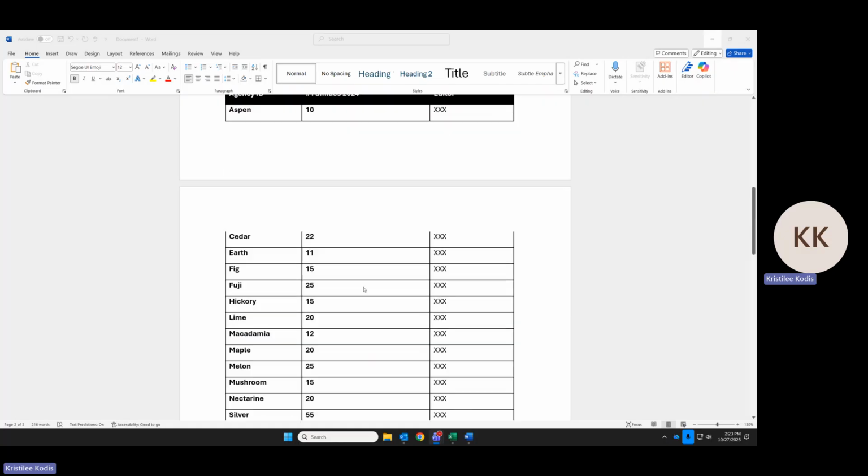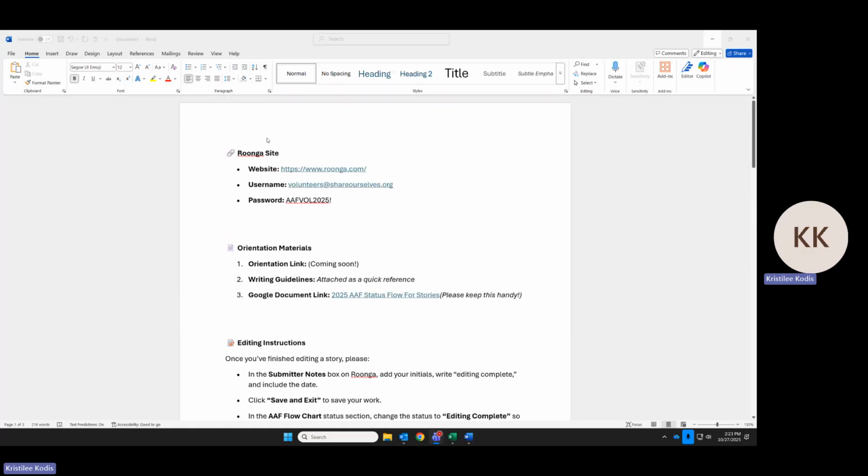So what you're going to do, the first step, is you go into your Roonga site. When you go into your Roonga site, you're going to log in with this information. If you're already logged in, make sure you log out and enter this information because that way then you're able to do the steps that you need to for whichever part of the story you're working on. Make sure that before you start, you go over all the materials that you have down here. So there'll be a link to an orientation/training, there'll be writing guides, and then you have this Google document link. When you click on this Google document link,